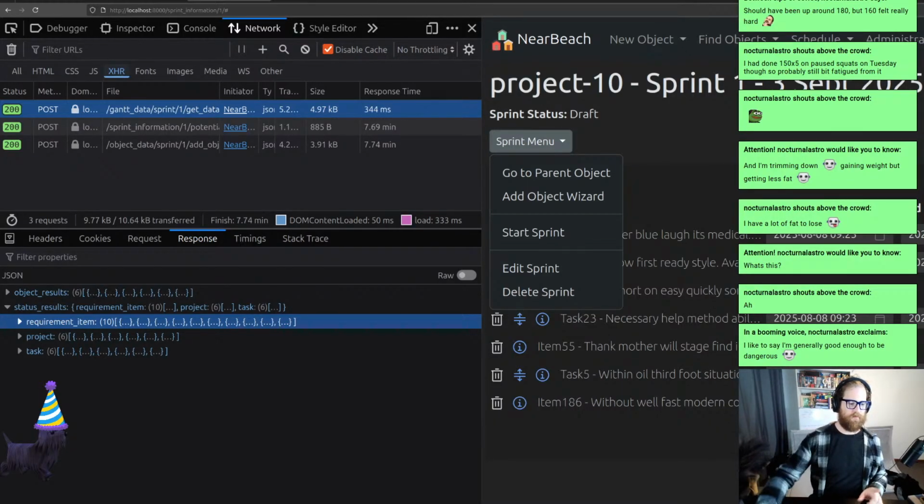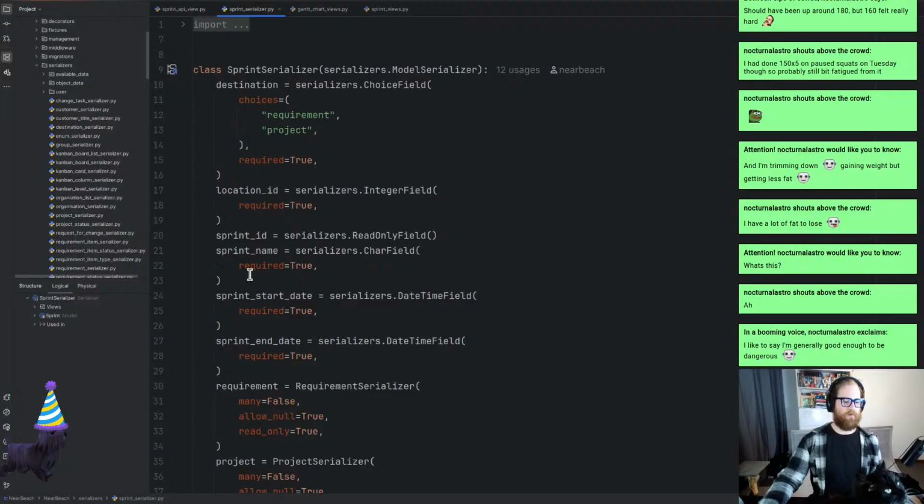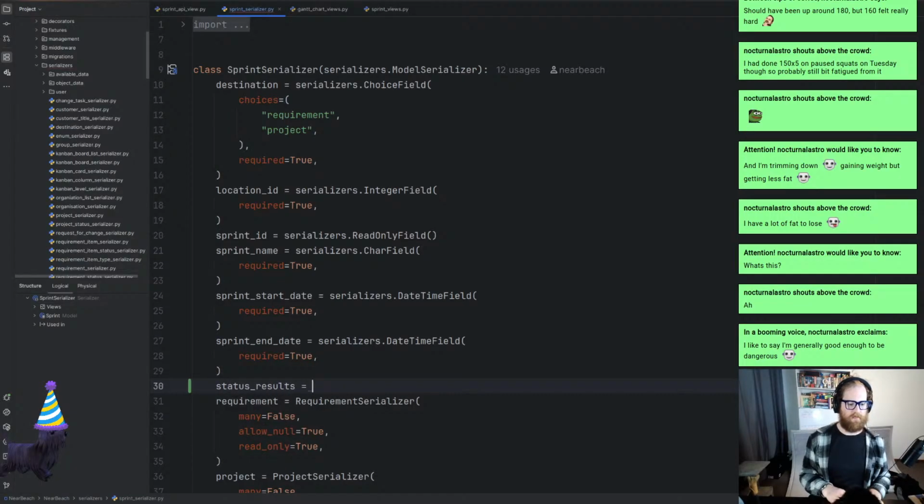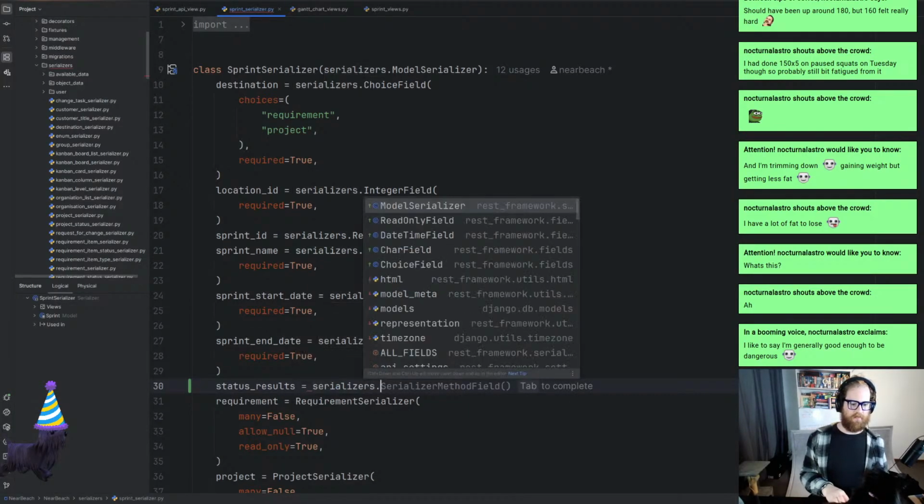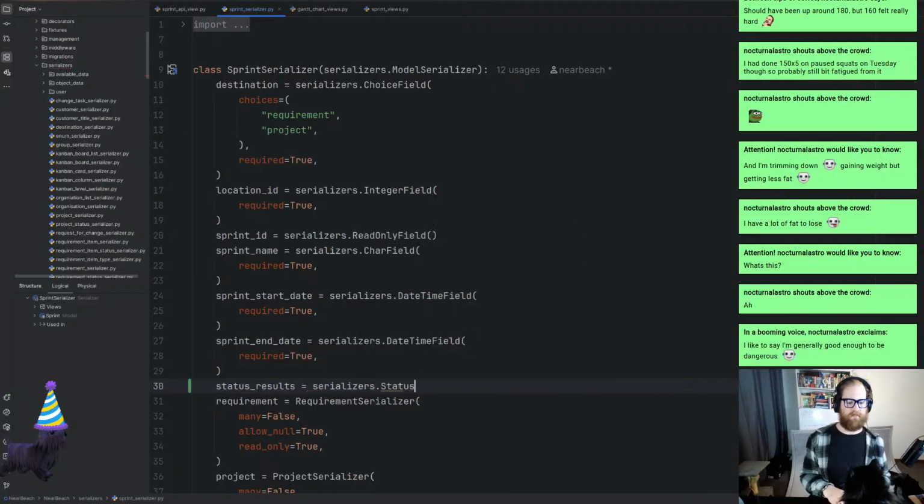All right, so we want status results. We've got 3 different status results in here, and they're essentially a list of items. All right, so status results equals serializers dot status results